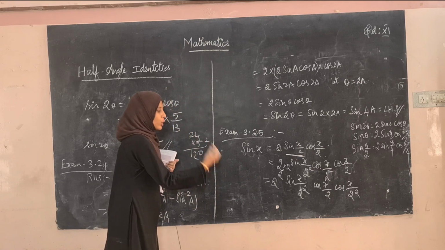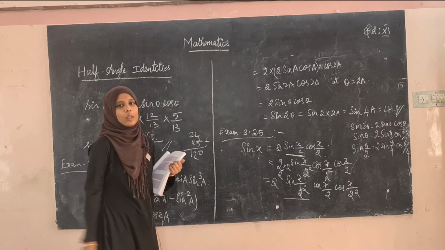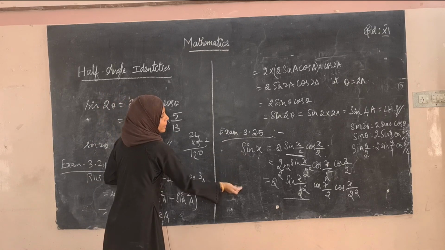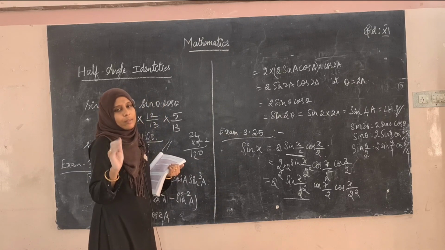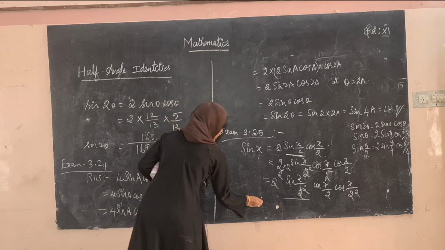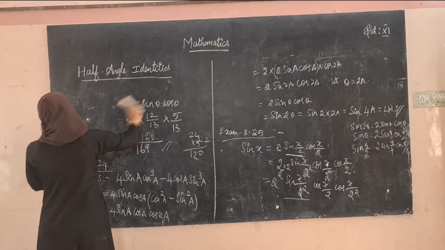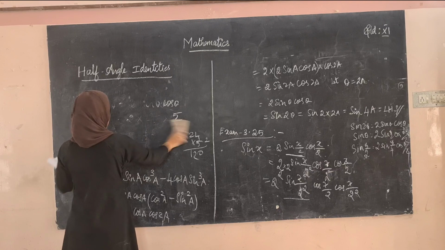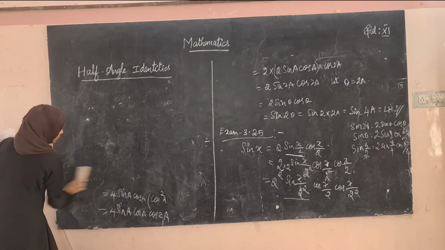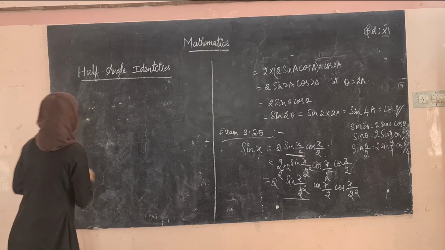So until then you have to expand this sin term alone using the formula sin 2a is equal to 2 sin a into cos a. So you have to keep expanding using that formula. So in your question they have given till 2 power 10. So until then you have to expand. Expanding like this, you will be getting like this.